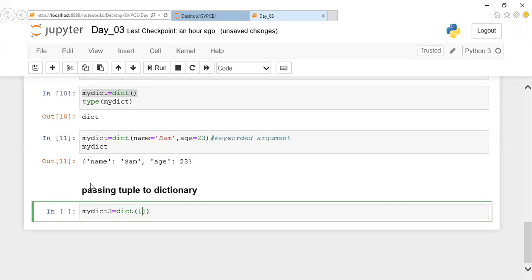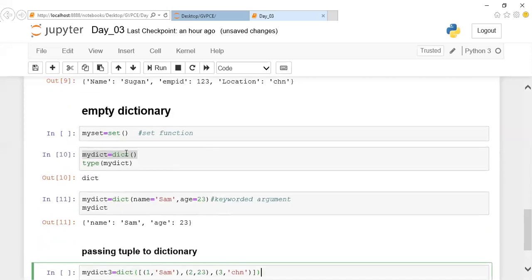Here I can pass key value pairs as a list of tuples: 1 comma Sam, and 2 comma 23, and 3 comma Chennai. Okay, this is also one way of declaring a dictionary.